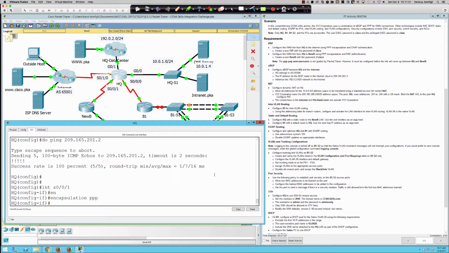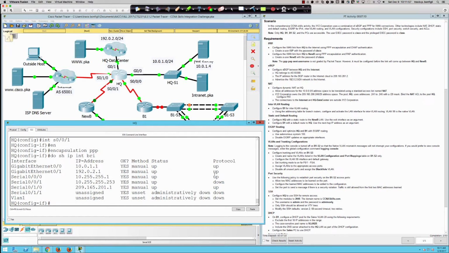Now what we should see here is, if I say do show IP interface brief, let's see if we see anything different. And we still show up, down. So what would the problem be? Exactly. We've got authentication configured on the Newbie side possibly. We may need to actually go look at the Newbie side. But again, let's go ahead and make sure we put in here